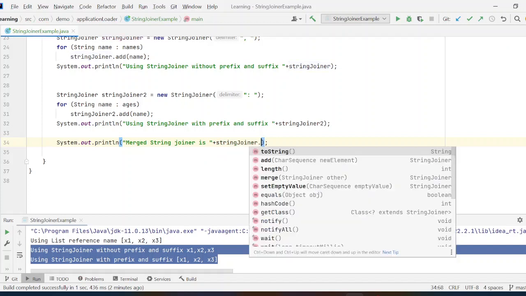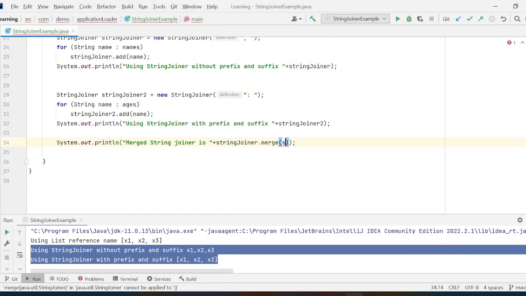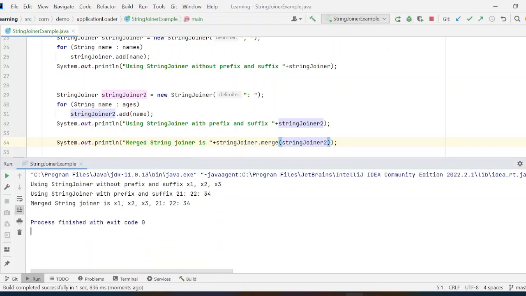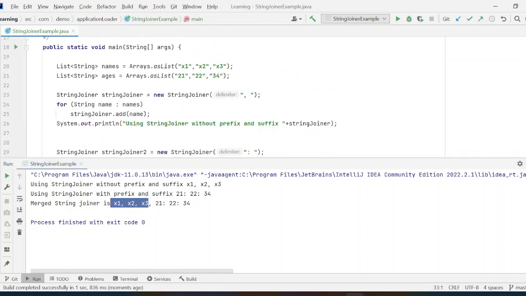StringJoiner dot merge it with StringJoiner 2. That's it, and then run it. As simple as that, you can see the names are given first, and then the ages are separated by colon itself, and the names are separated by comma itself. So if you want different things, you can add